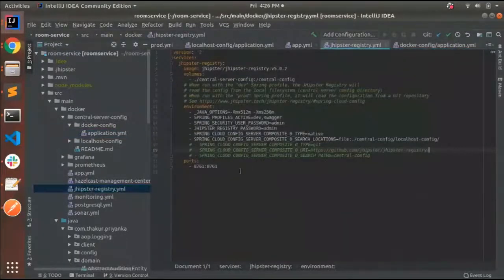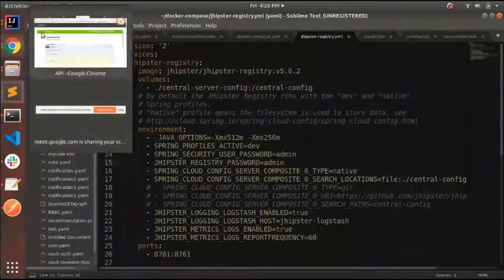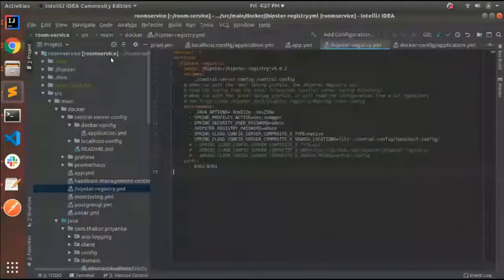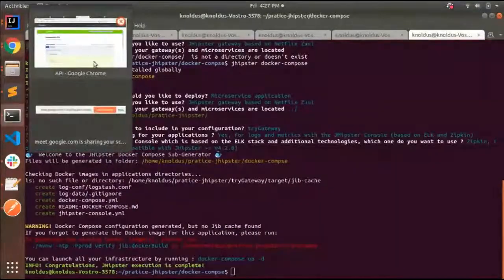Sure. Yeah. So here we have the JHipster registry configuration, and as in the configuration file, I have shown you that this is our JHipster registry file. So the Docker Compose file picks that information from here, from our service. Every binding has been generated through JHipster interconnected. So Docker Compose picks the configuration file from here and creates a Docker Compose file, and that Docker Compose file can be used for deployment. So that's a small demo from our side.